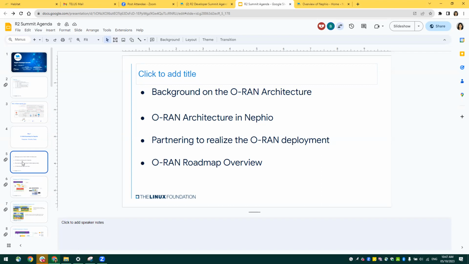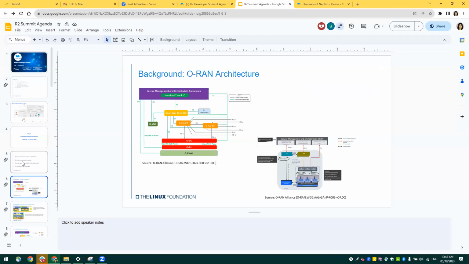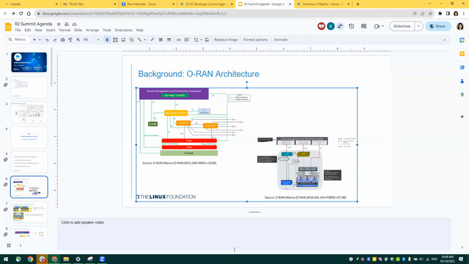Okay. Well, the first slide is going to be background on ORAN architecture. So this is really ORAN. And then the second slide, slide 7, is what it means, where Nephio fits in ORAN. Alexi, I don't know if Tim's still working on that. This could be made bigger, right? We have space here, and this diagram is very, very small. Yes, agreed. We can do that. Leave the polishing to me for later on. Right now, I'm just conveying the message.